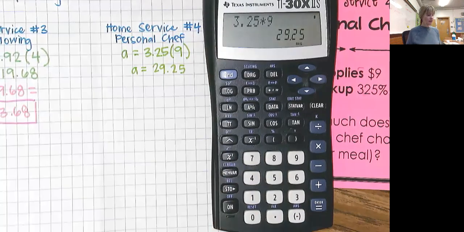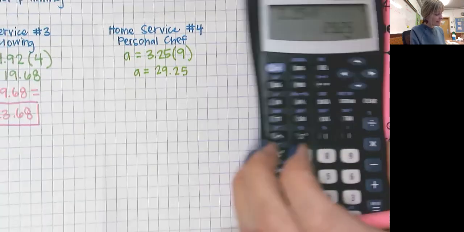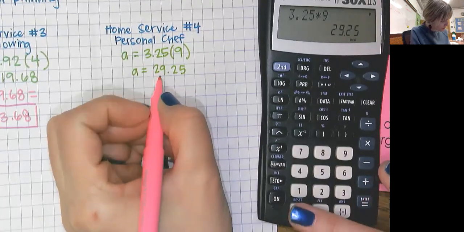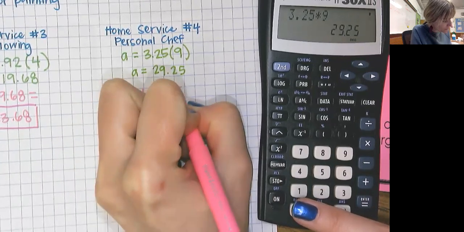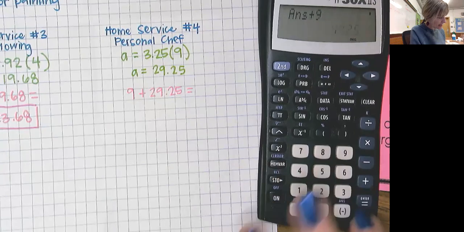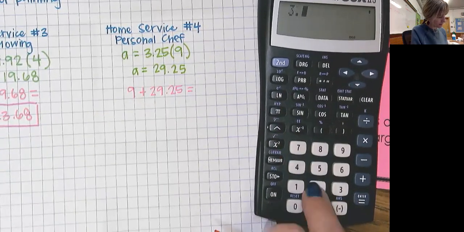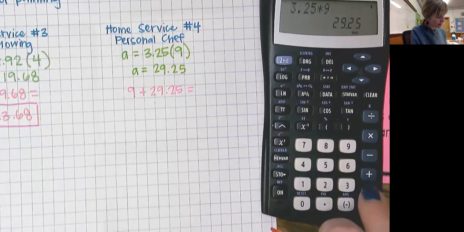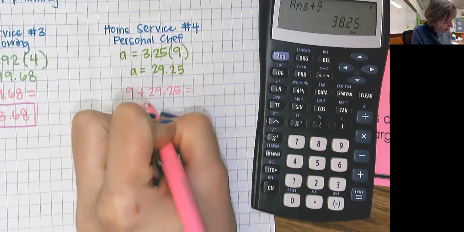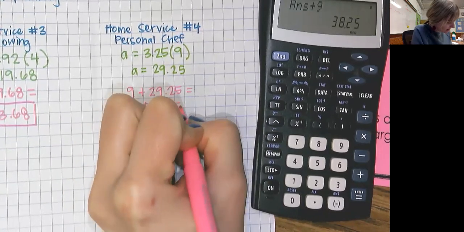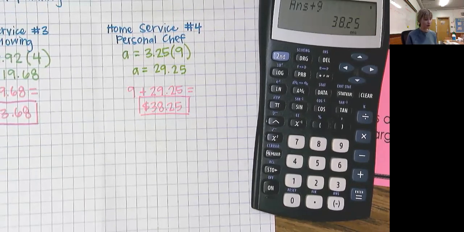29.25. And then remember, when you know the percent and you just calculated the part, this is the amount of markup, which means you need to add it back to the original to find out the total cost. So if I add 9 to that 29.25, did I write the wrong thing down? No, 29.25 plus 9 is $38.25. So instead of just paying $9 to get your meal ingredients, you're going to pay closer to $40 to